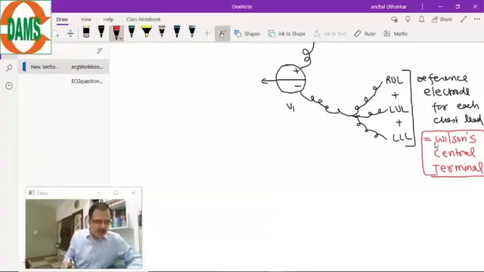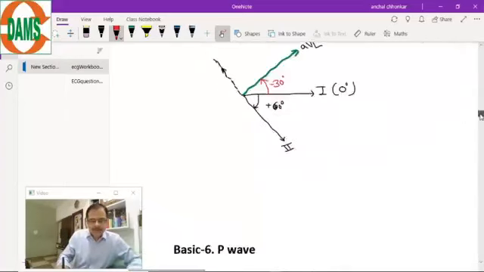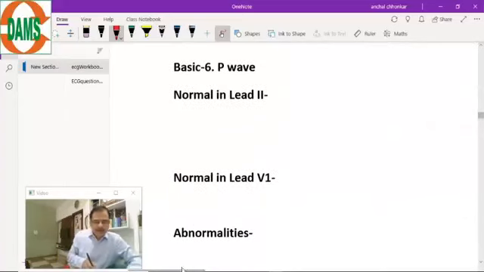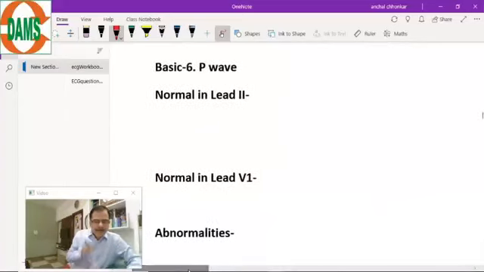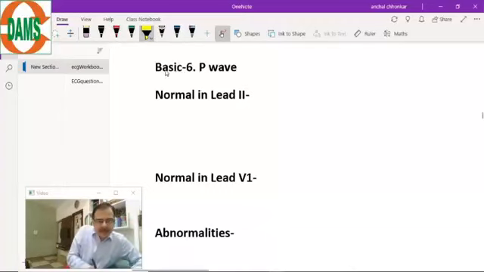Now coming to the basic number, we come to the next basic. So the next basic is the P wave. Now we come to the different waves. So we'll discuss a normal P wave. A normal P wave, the P wave, basic number 6,